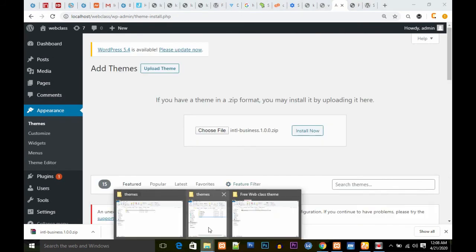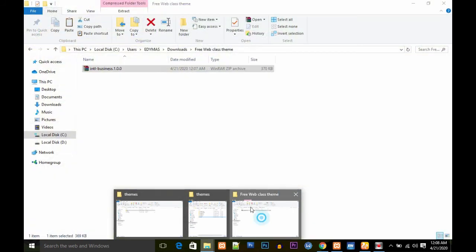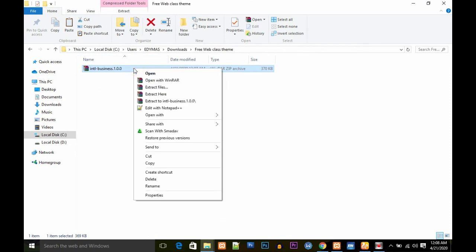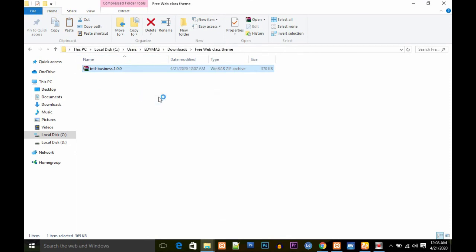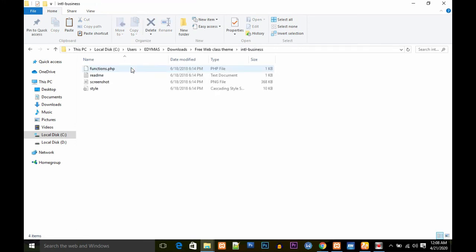Now another format by which you can upload your theme is to extract the downloaded version. Now if you extract this, extract here. Now let's wait for it to extract. Boom. Now you see that you have a folder with something like this. So the next thing is you can copy this folder,